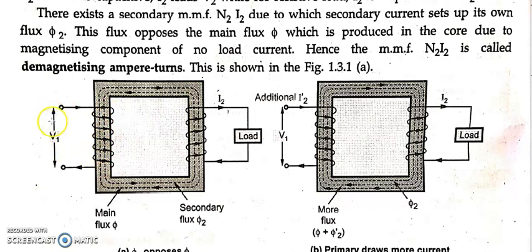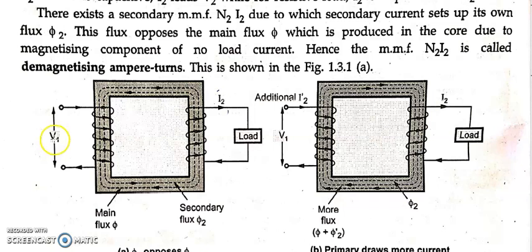V1 is the voltage of the AC supply. What about here? Yes, it is EMF. E1, E2, and this is V2. V1, E1, E2, V2. E1 is the EMF present in the primary part. True. Now E1 will also get reduced. So due to the reduction of the main flux phi, N1 I1 reduces, and due to reduction of N1 into I1, your E1 will also get reduced. But V1 is constant. Remember, AC supply V1 is constant. I am not varying this. This is the constant AC supply that is coming from your power supply company.